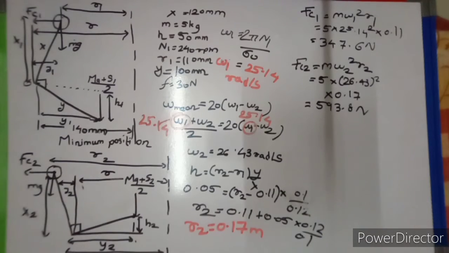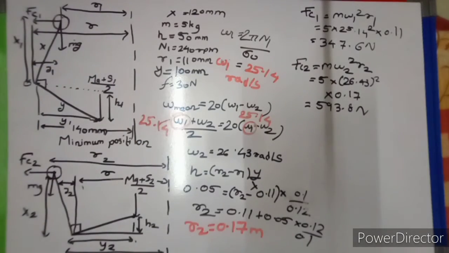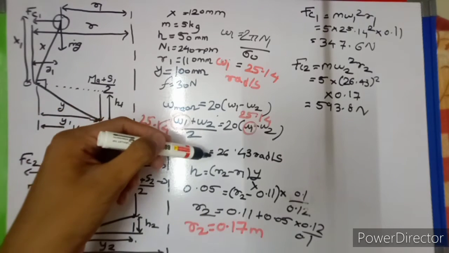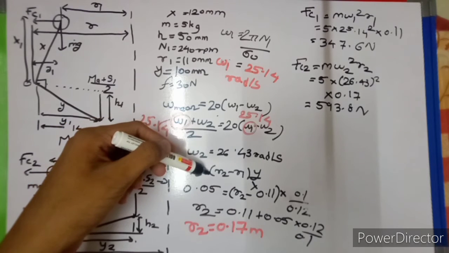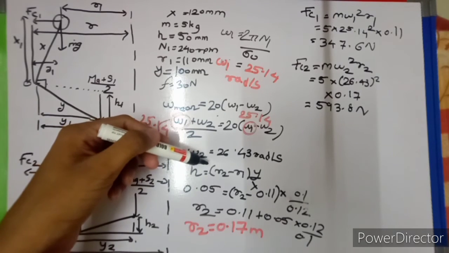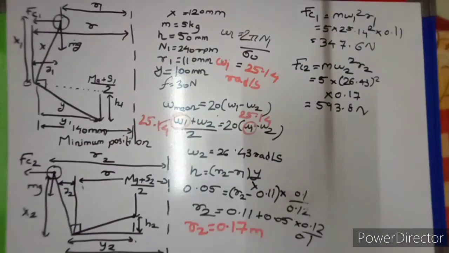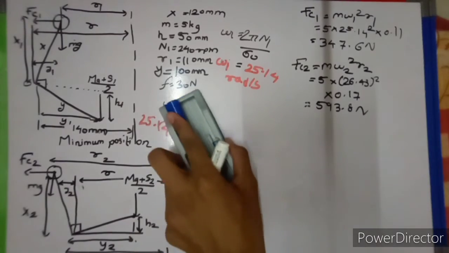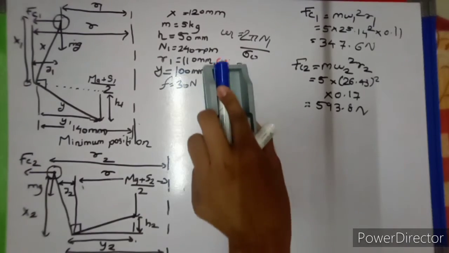Now the main thing which we have to do, see, visualize this properly. This is how I have solved the main condition. Then I have found out omega 1. Then I know omega 1, we have found out omega 2. Then this formula we have applied, which I explained in derivation. R2 we have found. Then R1 we know, Fc1, Fc2. Now next step.